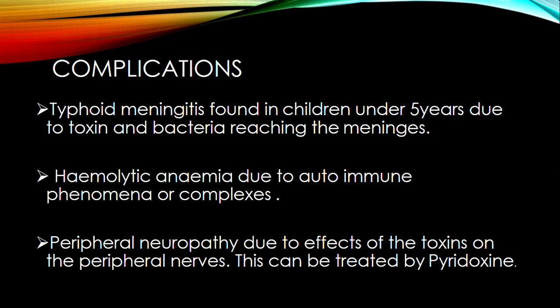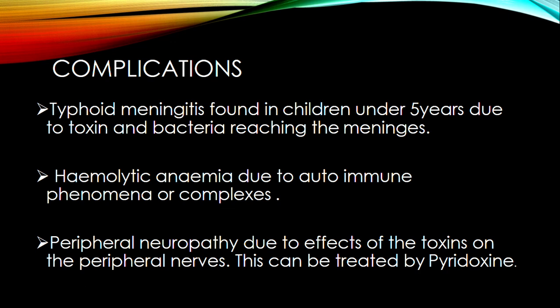So it can cause typhoid meningitis, especially in children under the age of 5, due to the toxins and the bacteria reaching the meninges. Because of the systemic circulation, the bacteria are moving through the blood to the brain